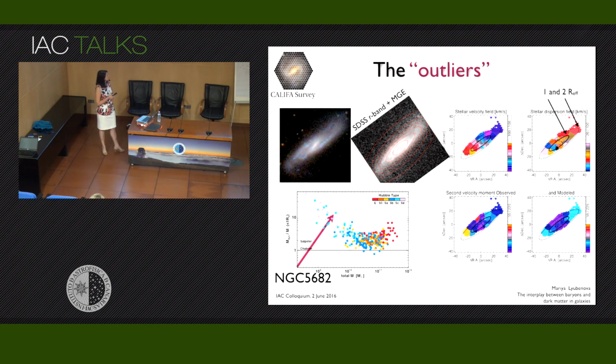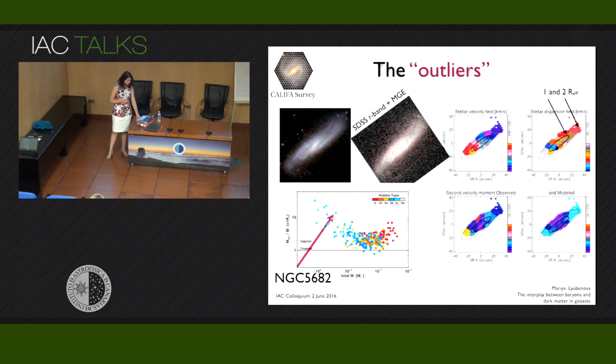And more or less, this high sigma here is in the very outer parts, but these models that I'm talking about here are only constrained within the one effective radius. So also within the effective radius, the velocity dispersion is very, very high. And the good thing is that for several of these galaxies, they have considerable gas amounts, and